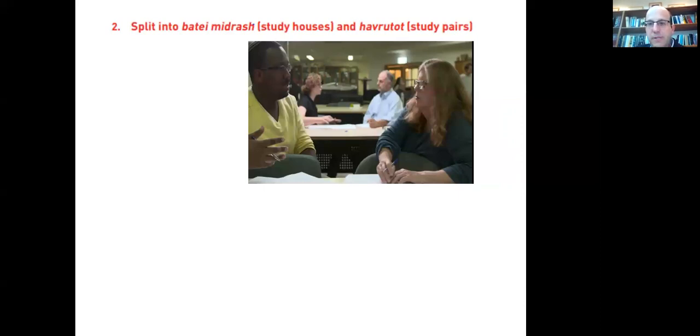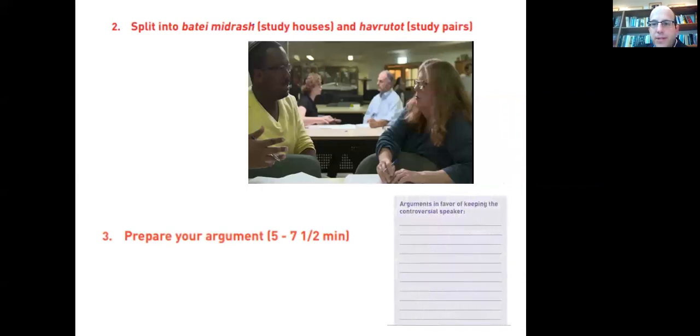Those groups of 4 or 5 split into 2 groups. Johnson refers to them as advocacy pairs. We're referring to them as chavrutot. And each chavruta will take either keep or cancel the speaker, take 5 minutes and argue and write down their list of points for why they hold this position. They have to get into character, write down every single rationale they can think of. And then we invite them to